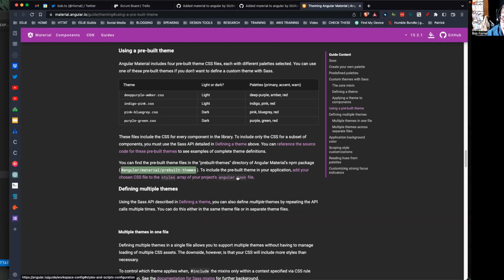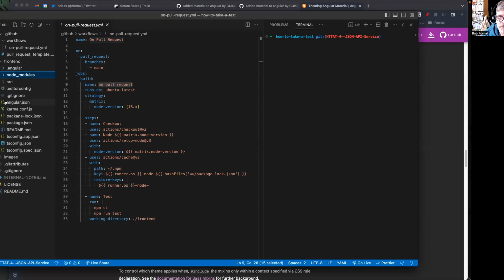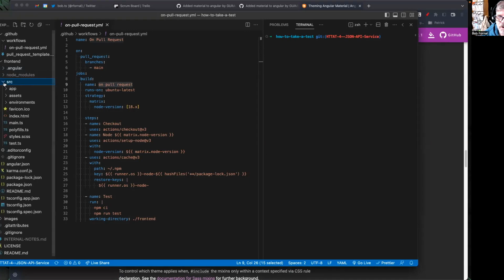I've been through here many times, and it's always tempting to say, hey, there's a link here, let's go see what it is. And that link doesn't go anywhere that's worth looking at. It's a lot of extra material that doesn't get you where you need to go. It's documenting how we fill things in on the angular.json file and how we deal with styles, not this specific issue. What we need to look at are the styles array in our project's angular.json. So if we then close this out, we go into our project's